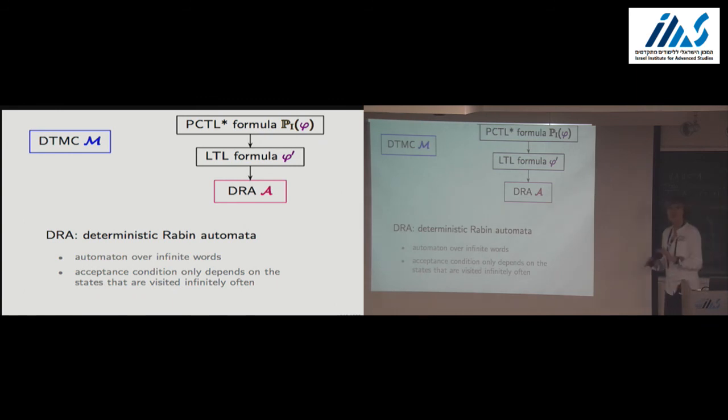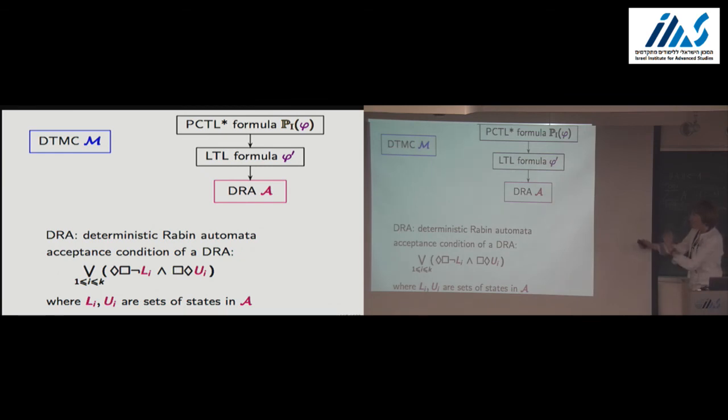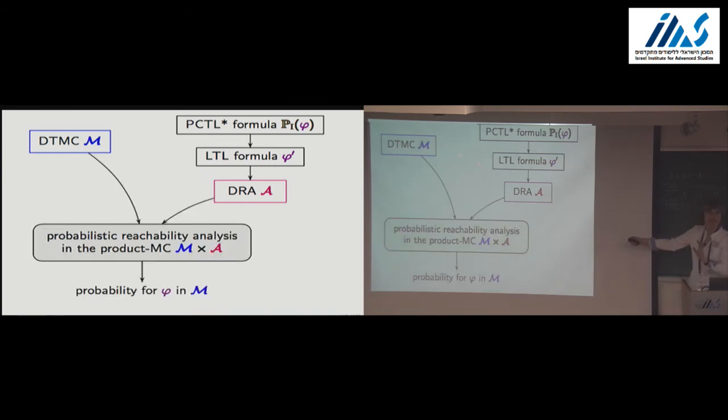And then we use things that Javier, you did not explain today, but I guess from tomorrow on, there are algorithms that can generate a deterministic automaton from some LTL formula. Well, they have some acceptance condition. Suppose for simplicity, it is not the case. I guess Javier will tell you more about this. It will not be a Büchi automaton, but for the moment, if you're not familiar with Rabin or Streett, just think of it as a Büchi automaton.